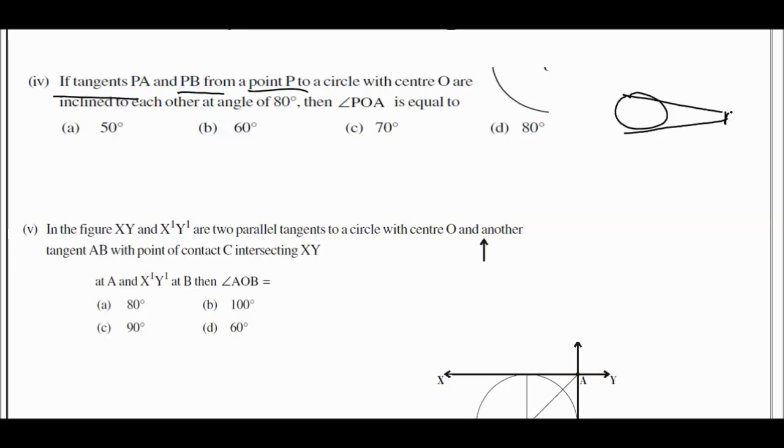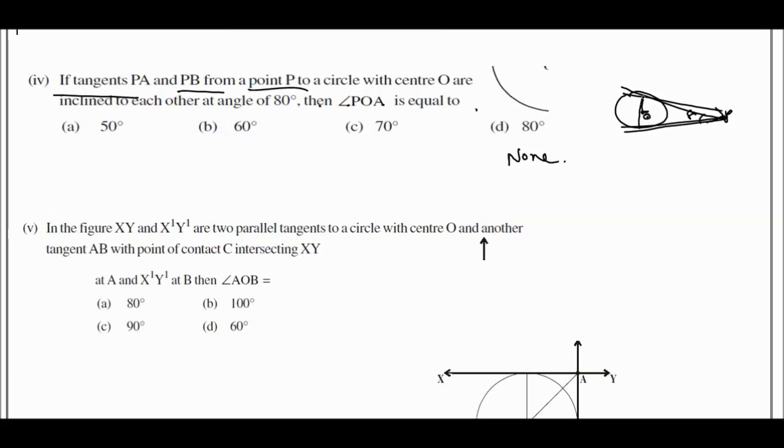Here, if tangents PA and PB are drawn from point P like this. So these tangents at P are intersecting, and the center is O. They are inclined downward like this, and the other angle is 80 degrees. Then angle POA is equal to, and POA is equal to... he is asking, so we can't find this one because we are not given any other information about this circle. Okay, so this is a none answer here. If we do the fifth question, it will come to 180 degrees also. So that's why that answer is not given here, that's why it is a none answer.